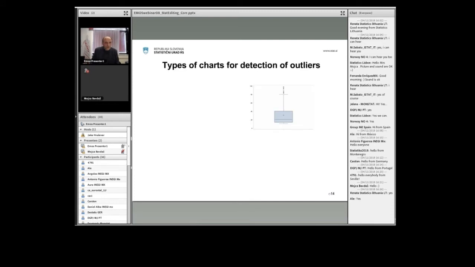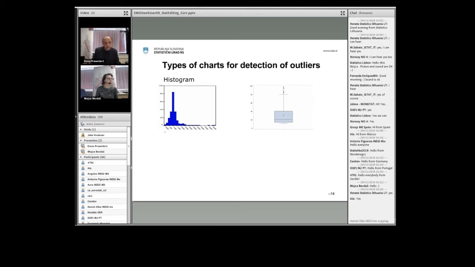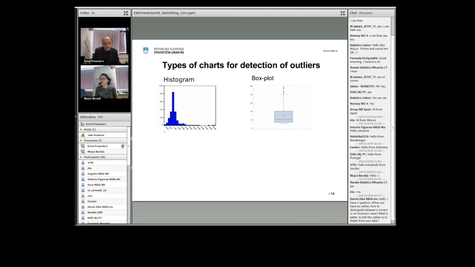Here I will just show four types of charts that I frequently use to detect outliers. One is the histogram. You know histograms, I believe, and you can see one example where the outliers are quite clearly seen on the right. The next one is the box plot. The box plot is also used to present the distribution, but here some parameters of this distribution are also denoted, like median and quartiles, and the outliers are already specially marked. So the box plot is very useful to detect outliers.